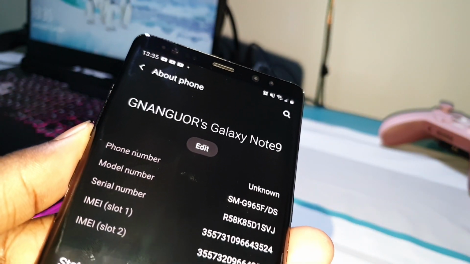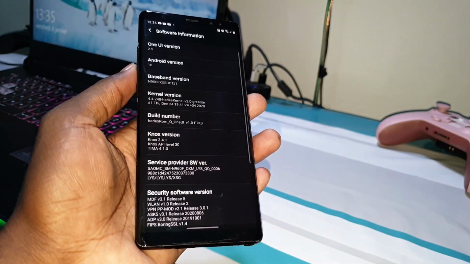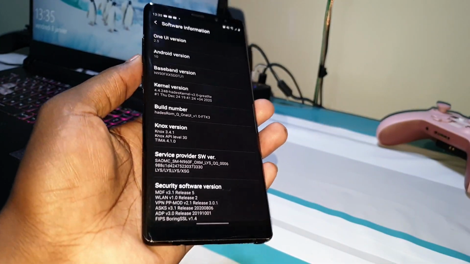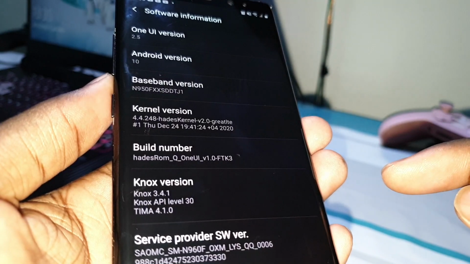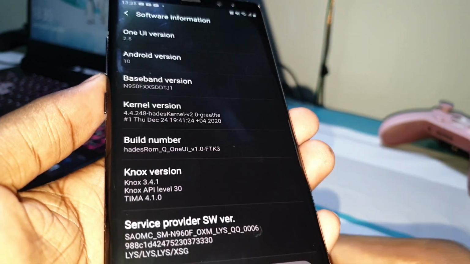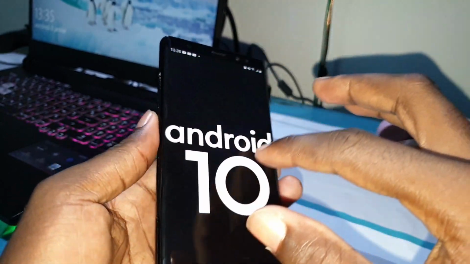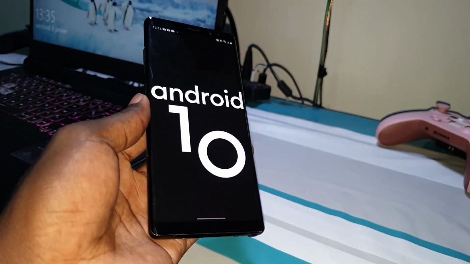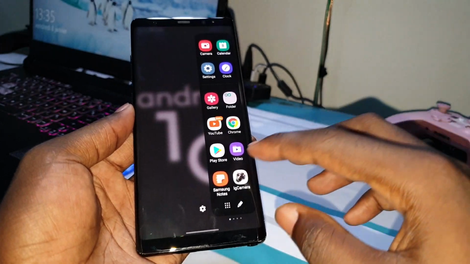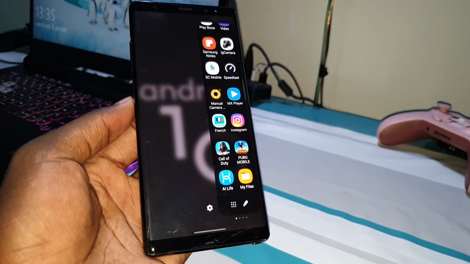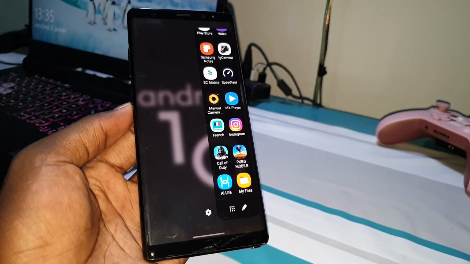You can see Note 9. Don't worry, this one is based on Note 9. This is One UI 2.5 and Android 10. Now get ready because I want to show you how to reset all of this.